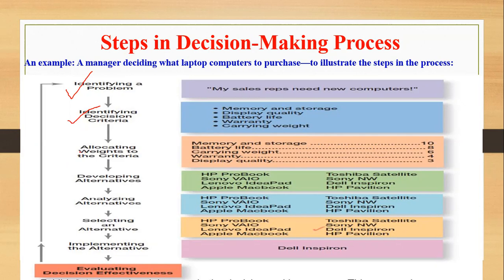That is, on this basis, if your work is done, just like we define grades A, B, C, in the same way we have to allocate the criteria. Then you have to develop the alternatives, and then analyze the alternatives. You first select different alternatives, then analyze them, and then select the alternative which is the best one. Generally, this is what we discussed in the last session as well.